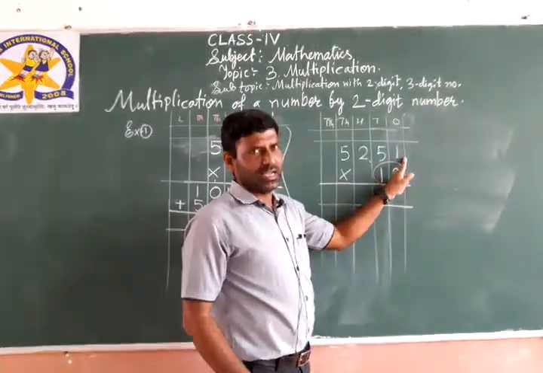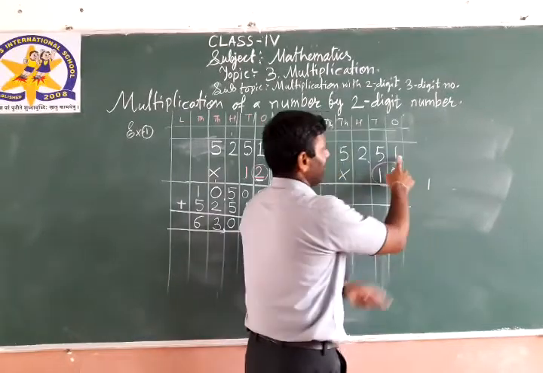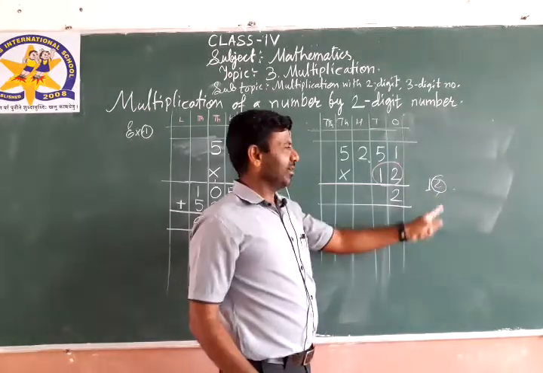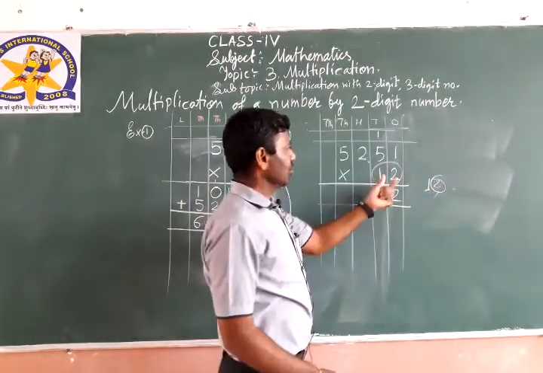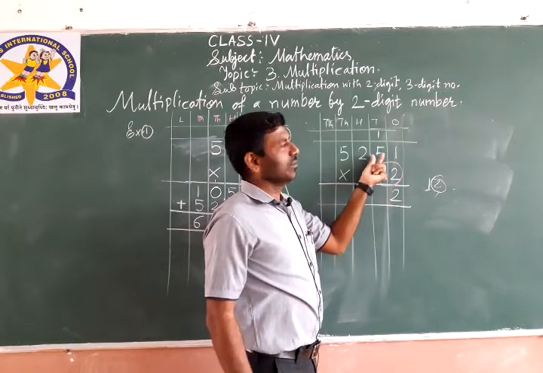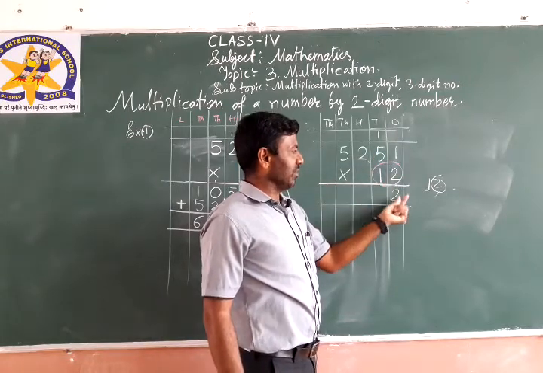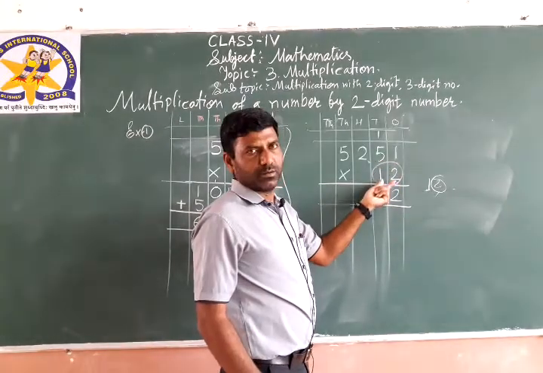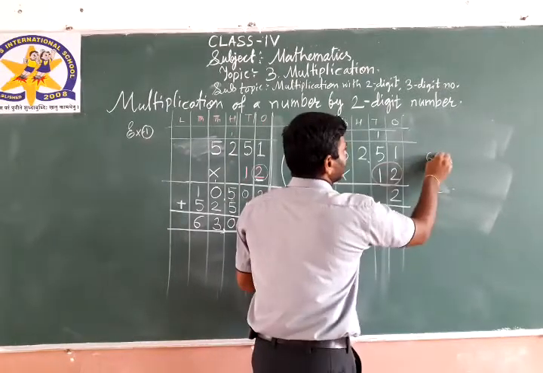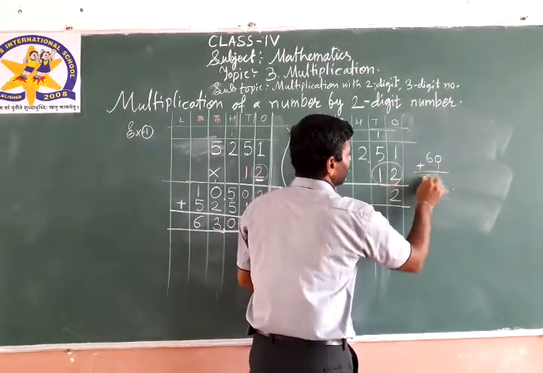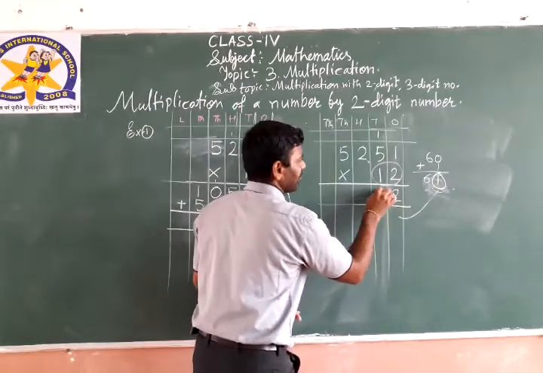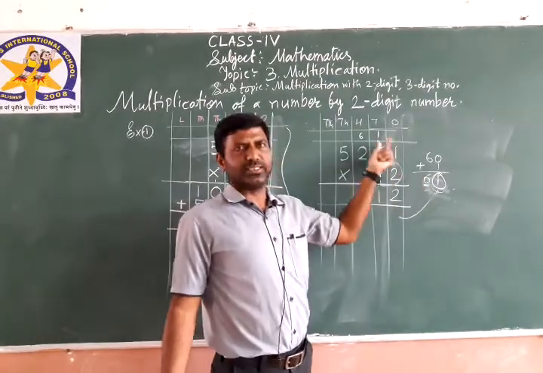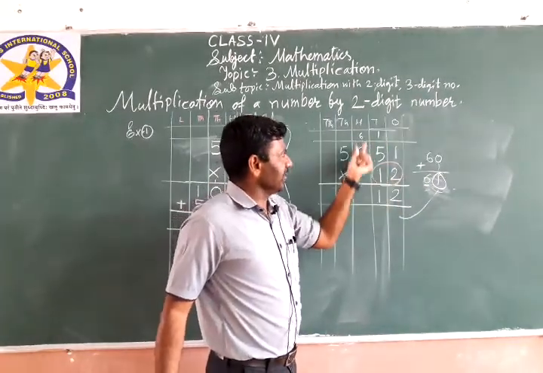So 12 ones are 12. Multiply with 1 place first, 12. 12, 2 here, how much carry is left? 1. So carry 1. 12 ones are 12, 2, carry 1. 12 fives are 60. So 60 plus carry 1 is equal to 61. This 1 should be here. 6 will be carry. 6 remain. So 6 carry. Then 12 with 100 place digit.